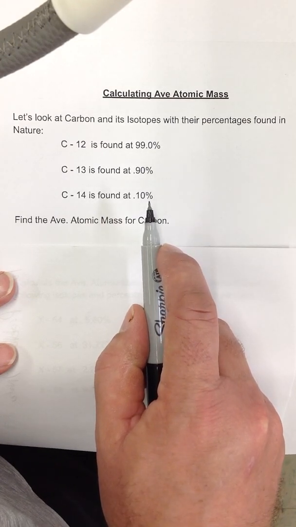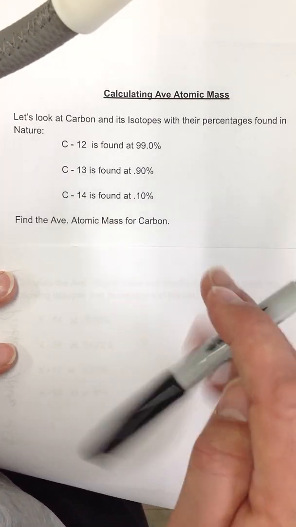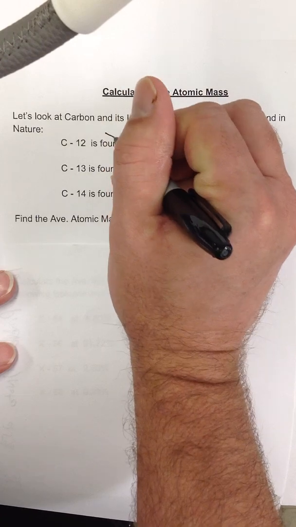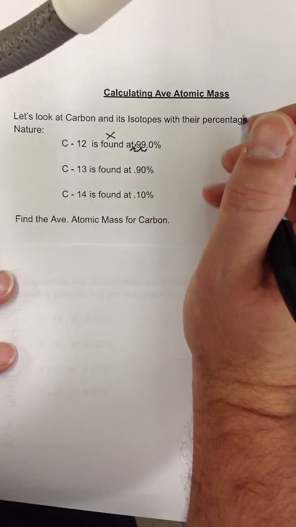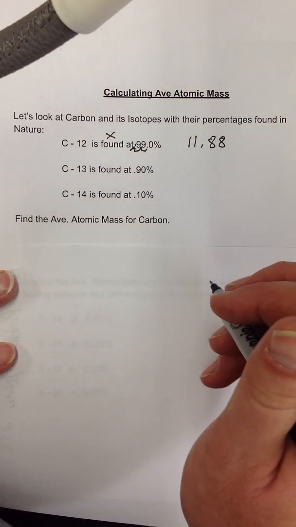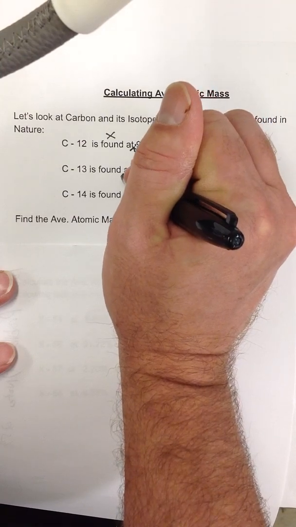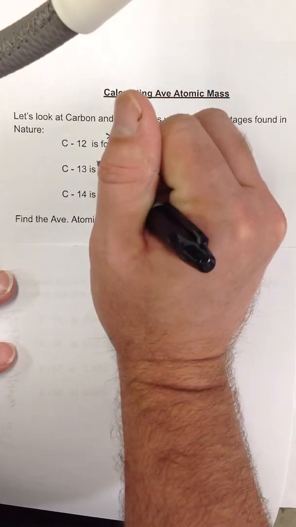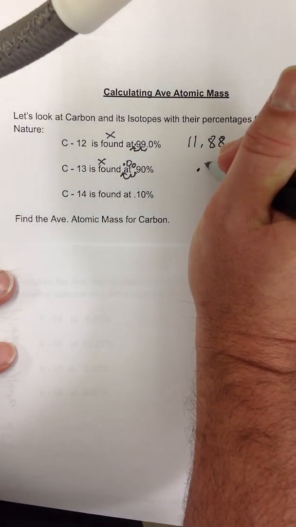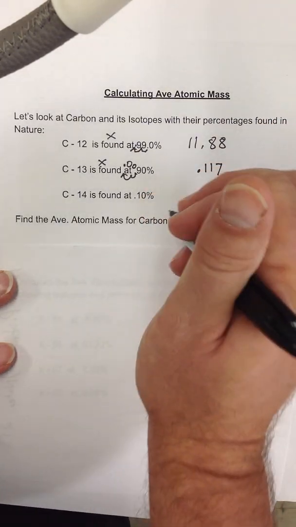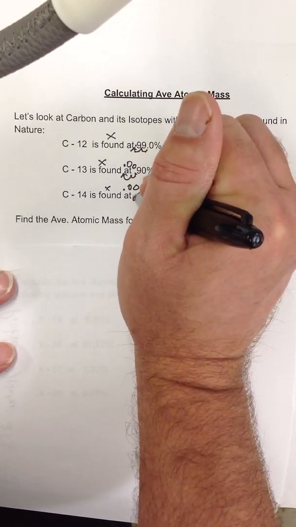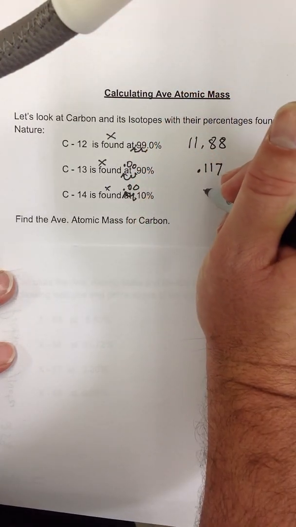So how do you actually find the average atomic mass with all these percentages? Well, the first thing you're going to do is move the decimal 2 places. So when you do that, you're going to multiply 12 times 0.99 to get 11.88. We're going to do that same process 2 more times. Remember, you got to put in zeros here and multiply 13 times 0.0090 to get 0.117. And then we're going to do the same thing down here, adding 2 more zeros and moving that decimal so that we see that it's going to give us a